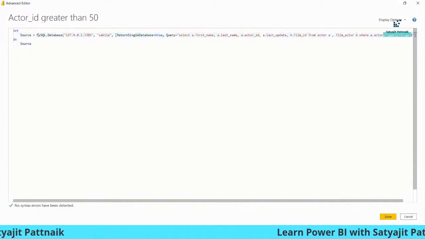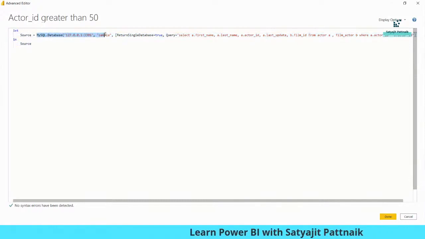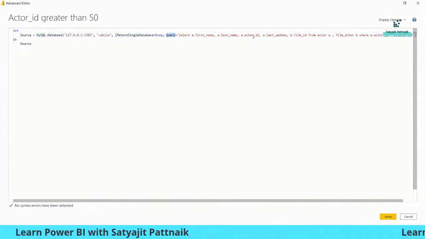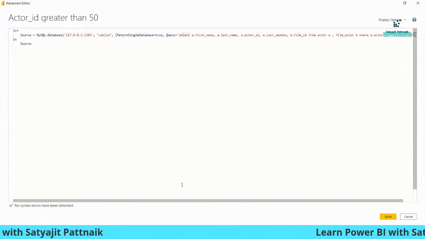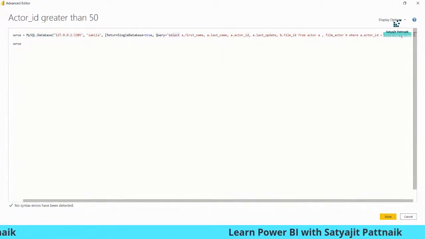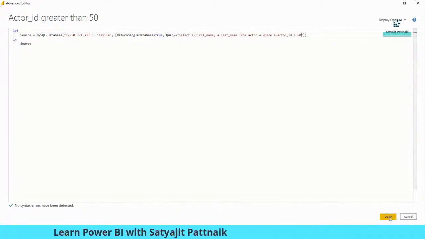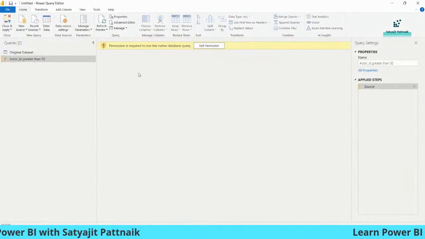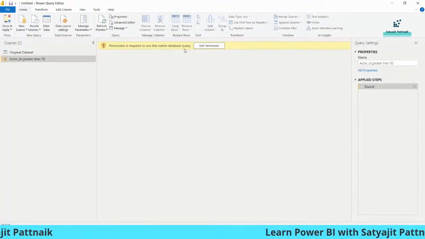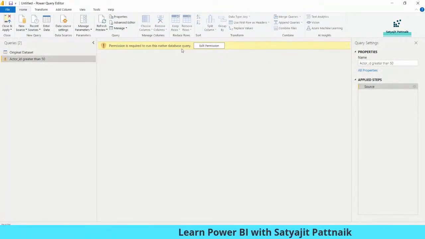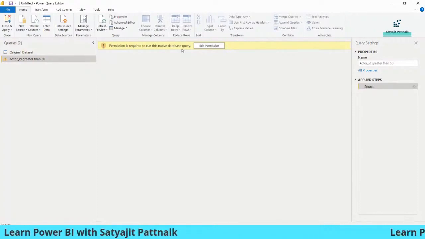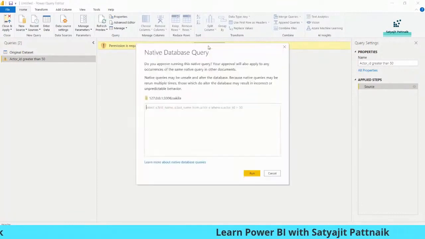Let source equal to mysql.database something, returning single database true, query equal to this. So for the time being, I just want to edit this. I will just click on this and I will paste my new query. Click on done. It will ask you for permission, because it's asking for authentication, because it wants to connect to the database again and then fetch the query. So it is asking for permission. Edit permission,